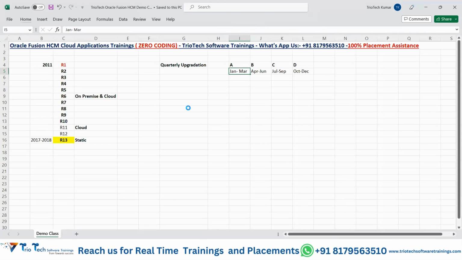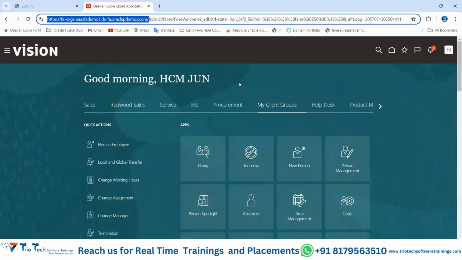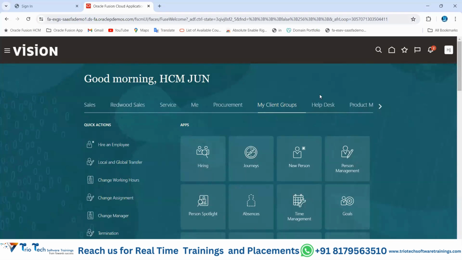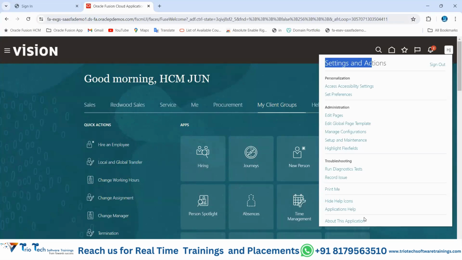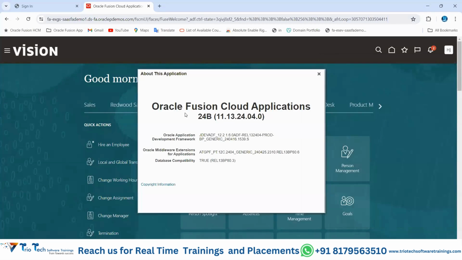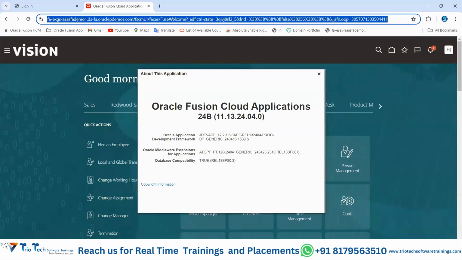Now let me show you, as of today, what is the latest version of the Fusion application, team. Okay. Now I have logged into the Fusion application, where I can find the latest version. If I come to the right side here, team, the settings and actions button. Here at the bottom, I have something called About This Application. If I click on that, I can see the latest version of the Fusion application, team. See, there is something called